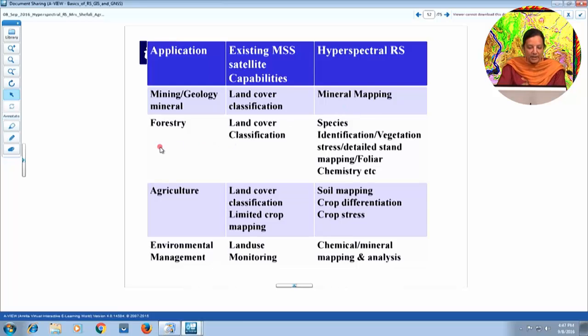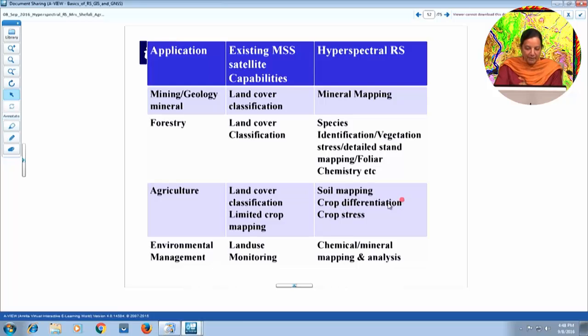For vegetation application, forestry, again land cover features, maybe to some extent more distinct classification of forest types, but with hyperspectral it leads to species identification, vegetation stress studies, detailed stand mapping, foliar chemistry can be analyzed with the hyperspectral datasets. In terms of agriculture, with multispectral, land cover classification, to some limited extent crop mapping, whereas with